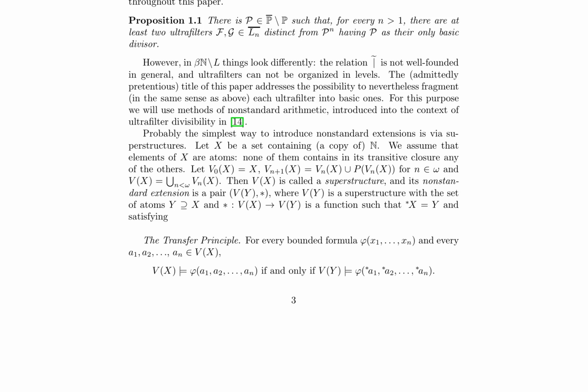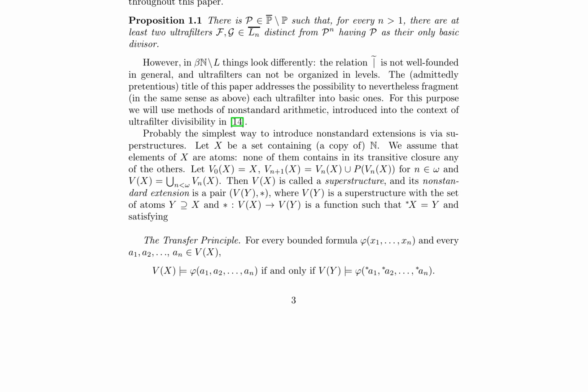Nonstandard extensions are introduced via superstructures, where V_0(X) = X, V_{n+1}(X) = V_n(X) ∪ P(V_n(X)) for n ∈ ω, and V(X) = ⋃_{n<ω} V_n(X). The nonstandard extension is a pair (V(Y), *), where V(Y) is a superstructure with the set of atoms Y ⊇ X, and *